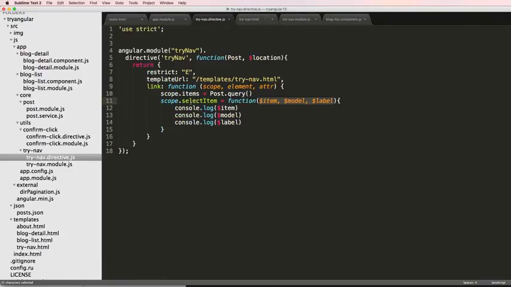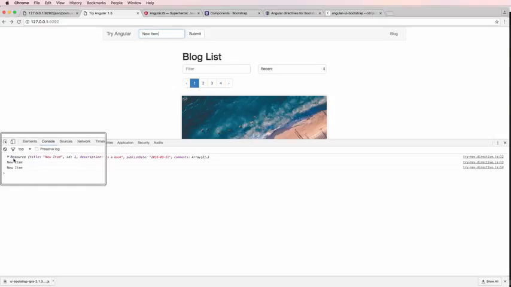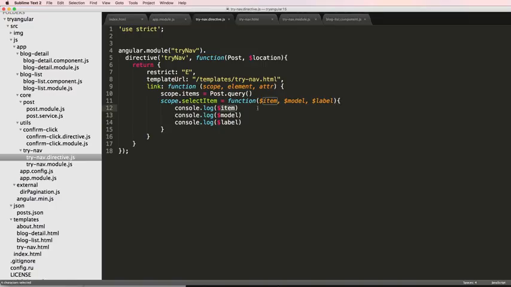So let's go back into our directive, and let's refresh it one more time and just do new item, click it once, and then we see resource is the first one, new item are the second two. So item itself is the ng resource. So that's the resource from the post query. So what that means is we can do